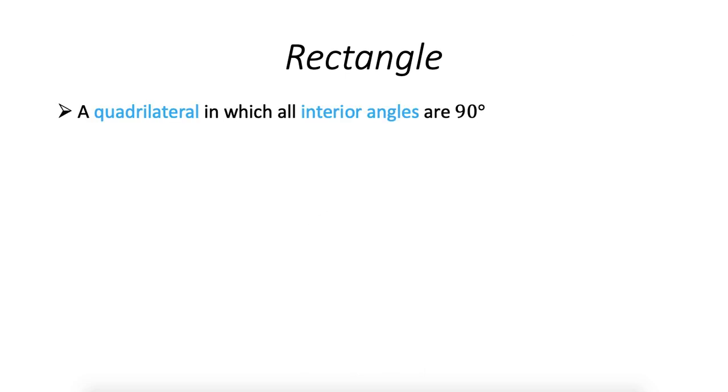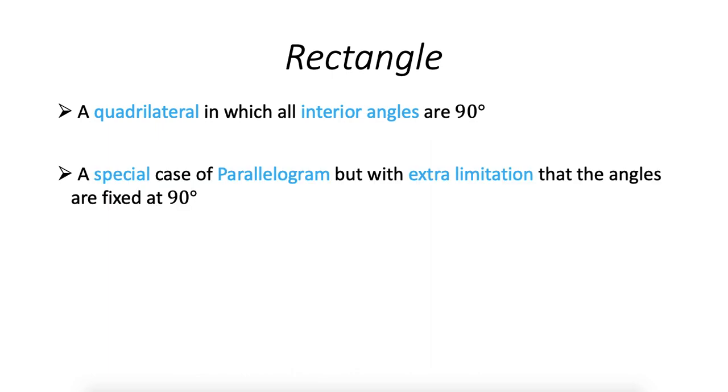First of all, let's try to see these in terms of hierarchy. After parallelogram, there is a rectangle. There's one main difference in rectangle. Rest all of the properties of rectangle are same as that of the parallelogram. We can define a rectangle as a quadrilateral in which all interior angles are 90 degrees. And this is a special case of parallelogram, but there is an extra limitation that all angles are fixed at 90